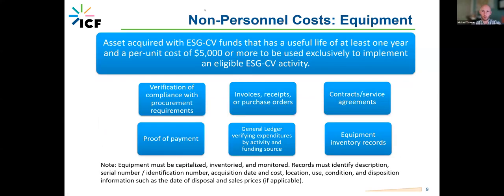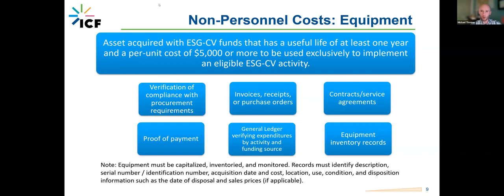Thank you. Next, we'll talk about equipment. So equipment is an asset acquired with your ESG funds that has a useful life of at least 1 year and a per unit cost of $5,000 or more, and it's to be used exclusively to implement ESG eligible activities. I do want to note here that